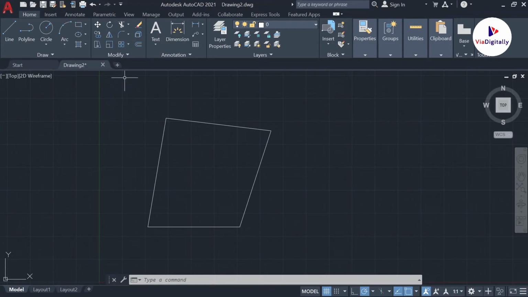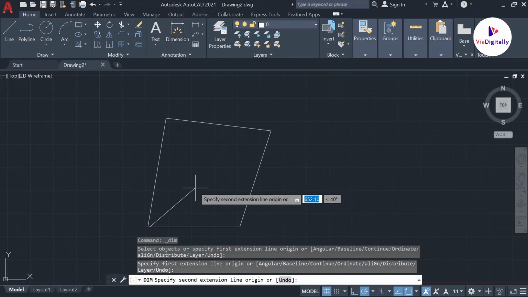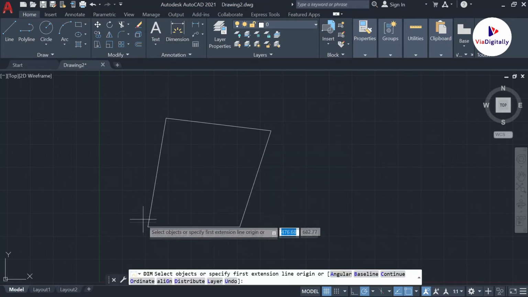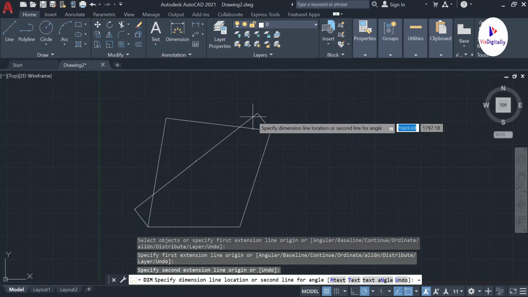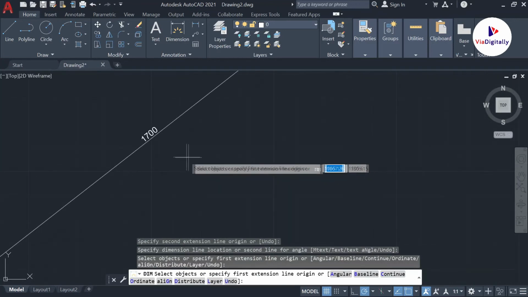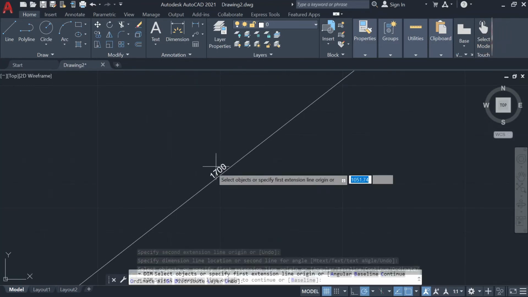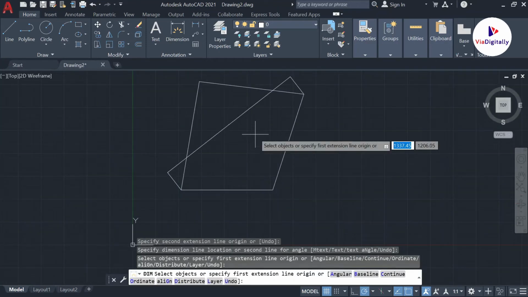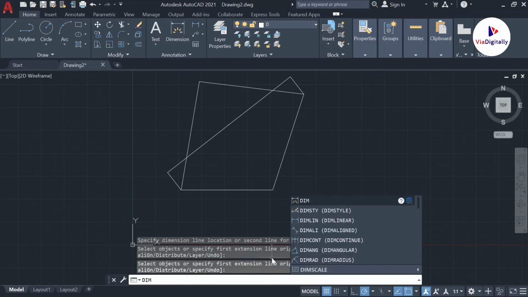Now let us give some dimensions for it. So it has not selected dimensions. Okay, see, there is a small mistake here. It is visible, but the font size of this one is not so big. So I am going to change this. The command for this is dim style. Yeah, the second one.